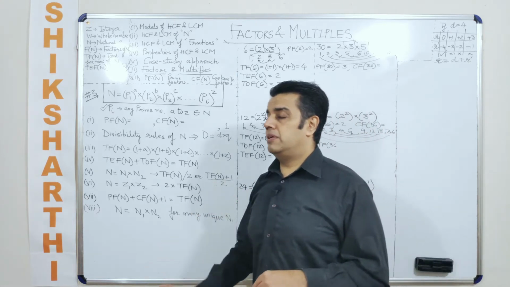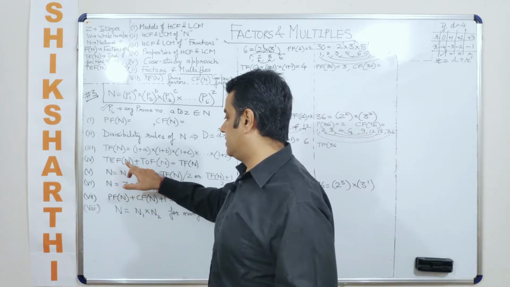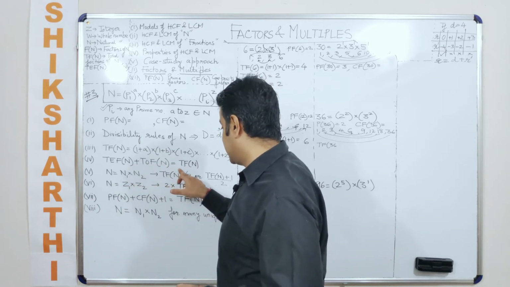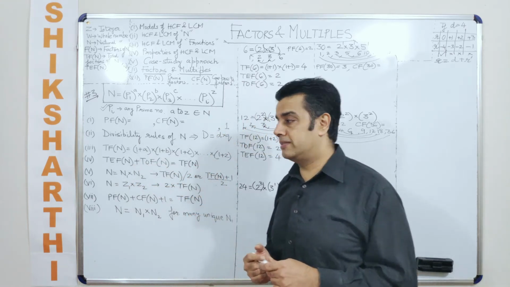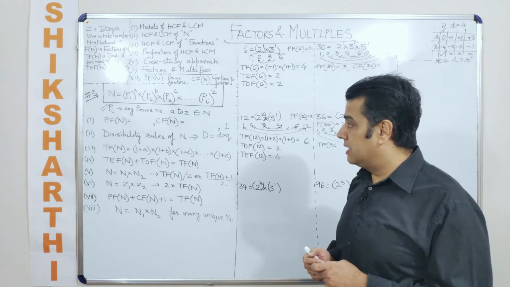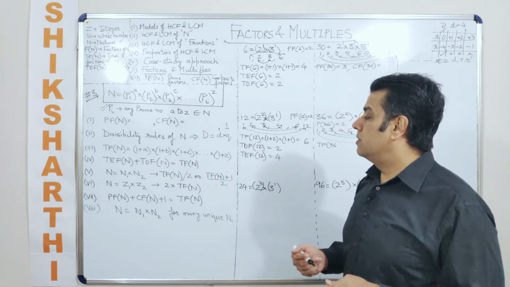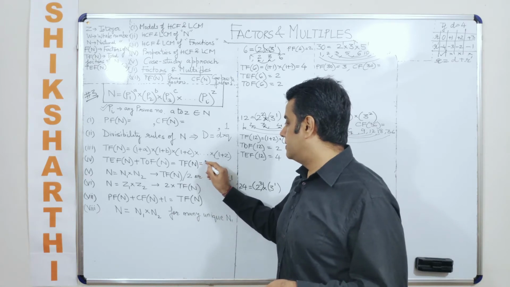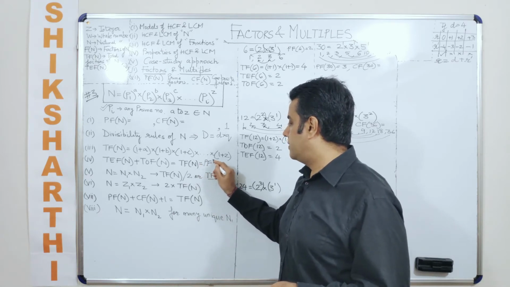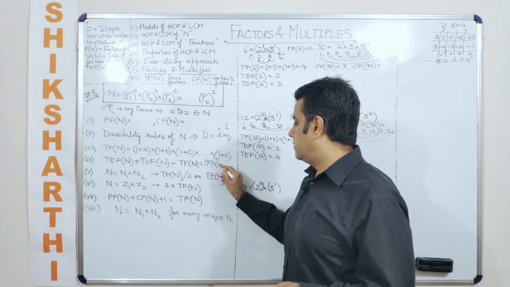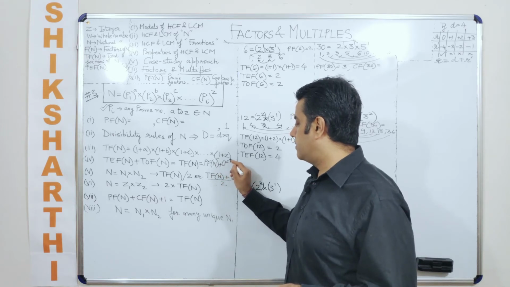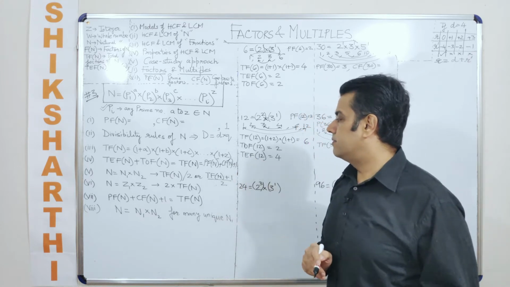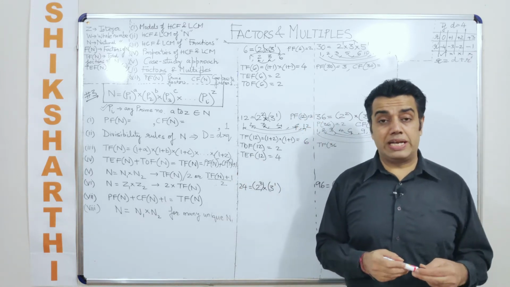Similarly, we will discuss total number of even factors plus the total number of odd factors of the given number is nothing but equal to the total number of factors, right? At the same time, we will also talk about, can we write this as PFN plus CFN plus 1. We will talk about this as well,